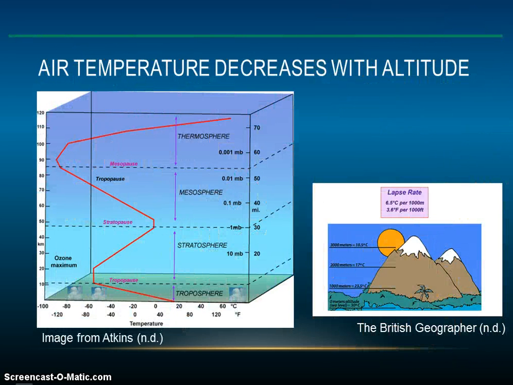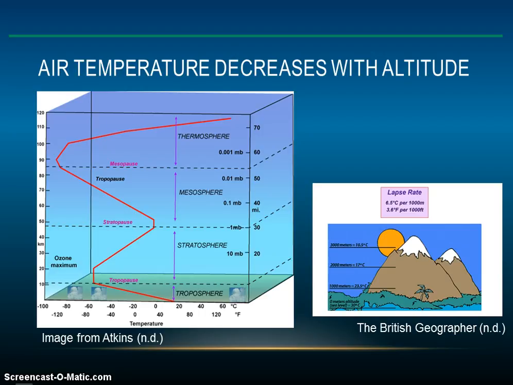Air temperature decreases with an increase in elevation or altitude up to 11 kilometers. Likewise, atmospheric pressure, which is the amount of force exerted over a given surface area, decreases with an increase in altitude. The atmospheric pressure at any point is measured in terms of the total mass of air above that point. One important vocabulary term is the environmental lapse rate, which is the rate at which temperature decreases with altitude.